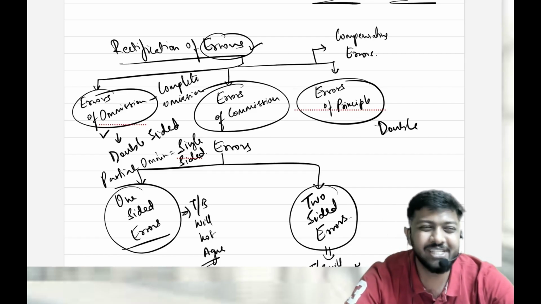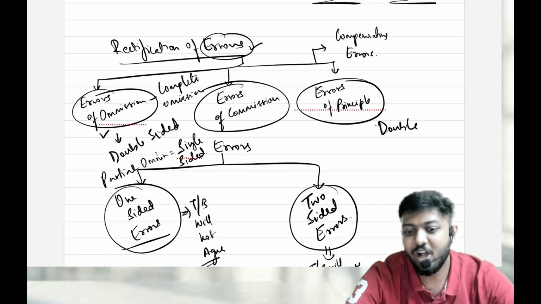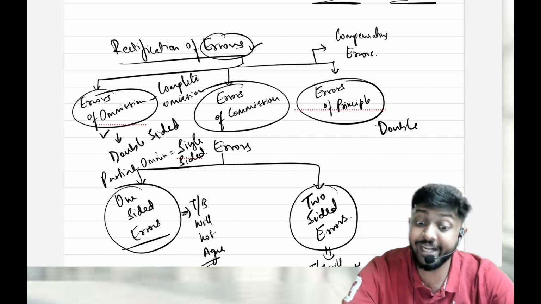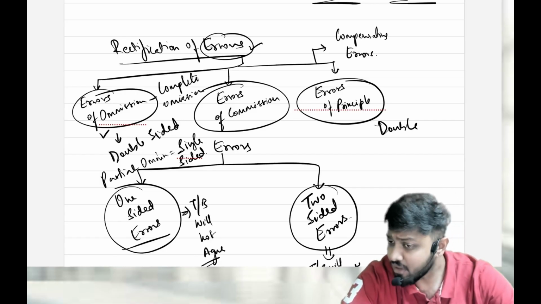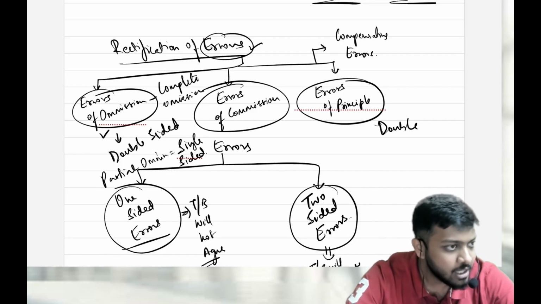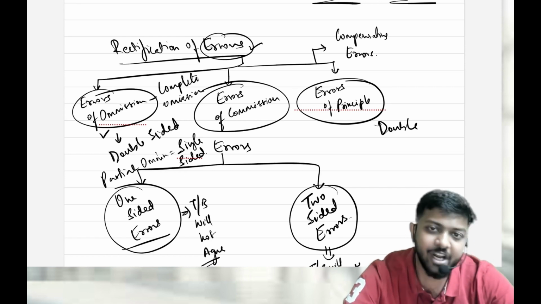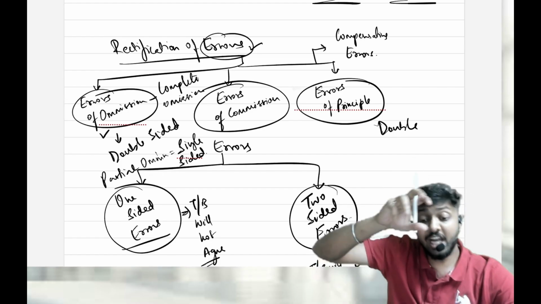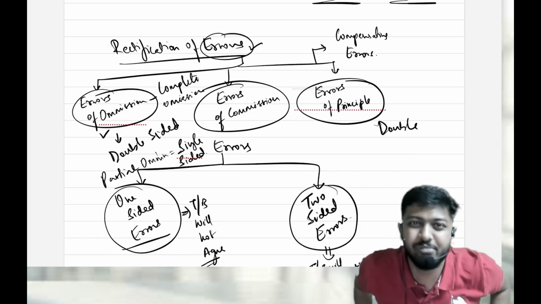Then comes errors of commission. I would like to keep it simple. Errors of commission are all the silly mistakes. Commission means doing, committing. Mistakes made while doing something are errors of commission. For example, you recorded a transaction in the journal. 500 was a transaction. You purchased something, the amount was 500. You have recorded it as 5,000. Silly mistake. Correct? Then, in the journal, the transaction value was 500 only, but when posting it to the ledger, you took a different amount. Again, silly mistake.